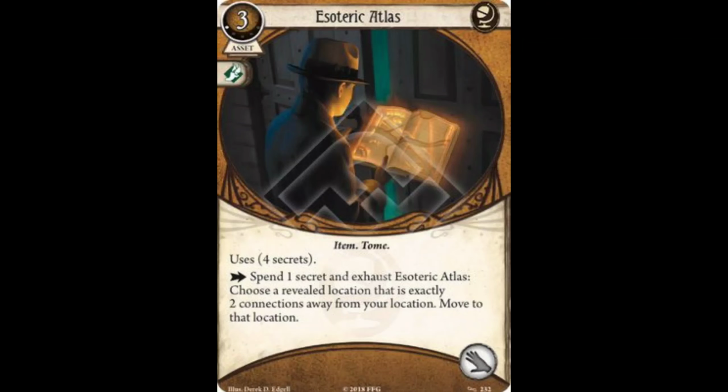It's not meant to save you an action for movement. That's what Pathfinder is for. In fact, at 4 charges, you actually get very little in terms of action economy. I think this card works best as a way to avoid danger. From skipping enemies at a location to avoiding locations that cause negative effects, this card is a very tactical card